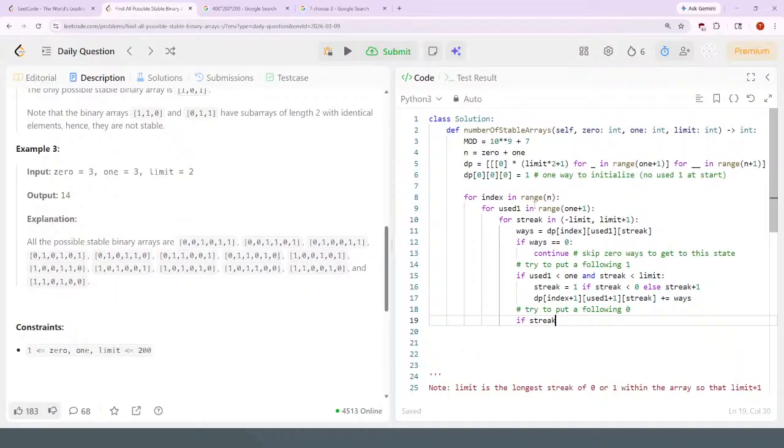If the streak minus 1 not equal to the negative limit,